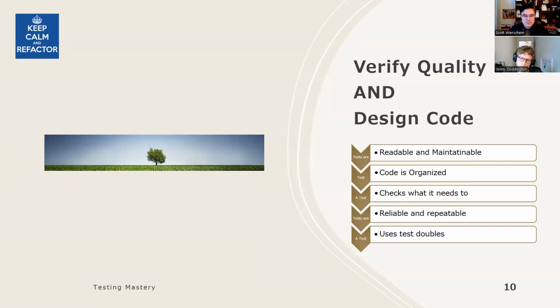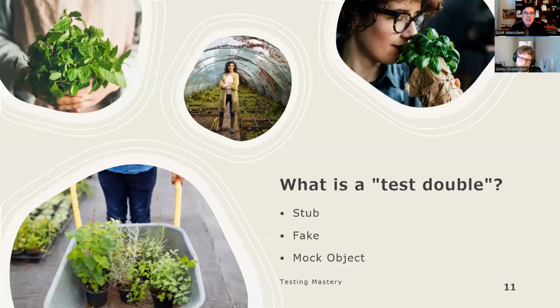What is a test double? Well, it's like a stub or a fake or a mock object. A stub is basically when you call a function and it does nothing. A fake is where you basically write a fake version of what it is you need to use in production. You're not really testing the database. So you write a little class that just automatically returns the data that you need whenever you call the database. Or a mock object, which